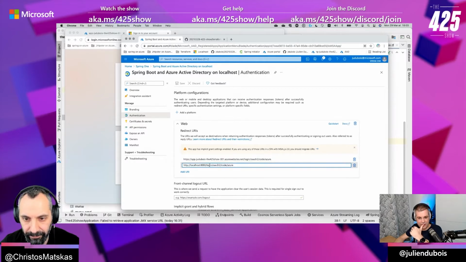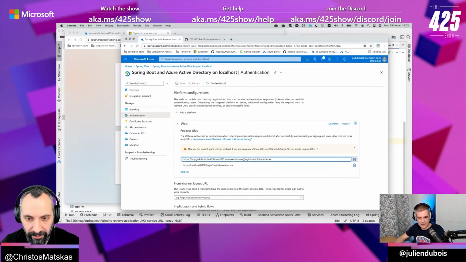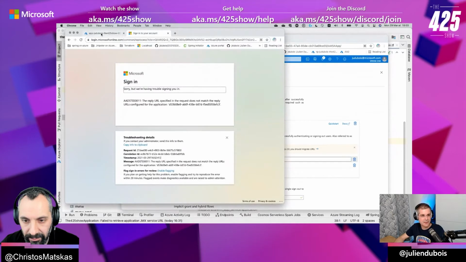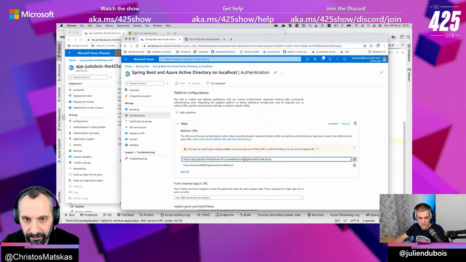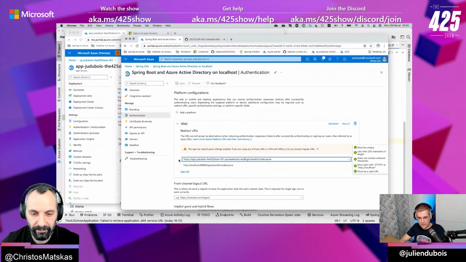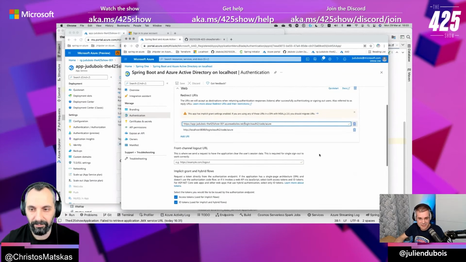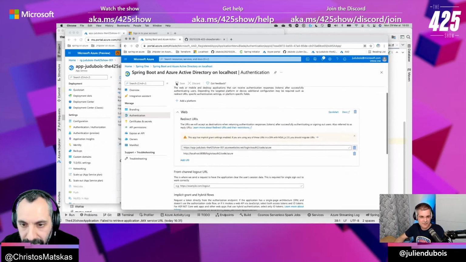Well, for localhost it works, so it should be the same thing. But is the URL correct for the app service? Let's have a look. It should be this. I'm going to copy it. So this should be correct. I copy pasted everything, so I'm guessing it's correct. I can't save it, so it's the same thing. So it's exactly the right thing, right?